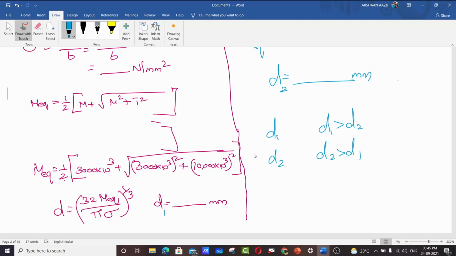With the help of this, you will be able to solve problems where you have both bending and torque. We will also be learning a few more problems where, instead of directly having the values of M and T, we will solve the given condition to find out what is the bending moment and what is the torque acting on the material,